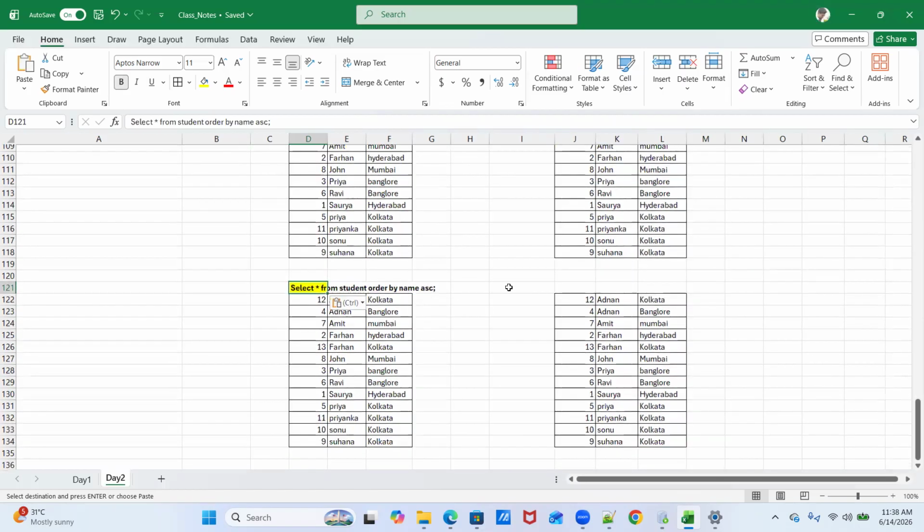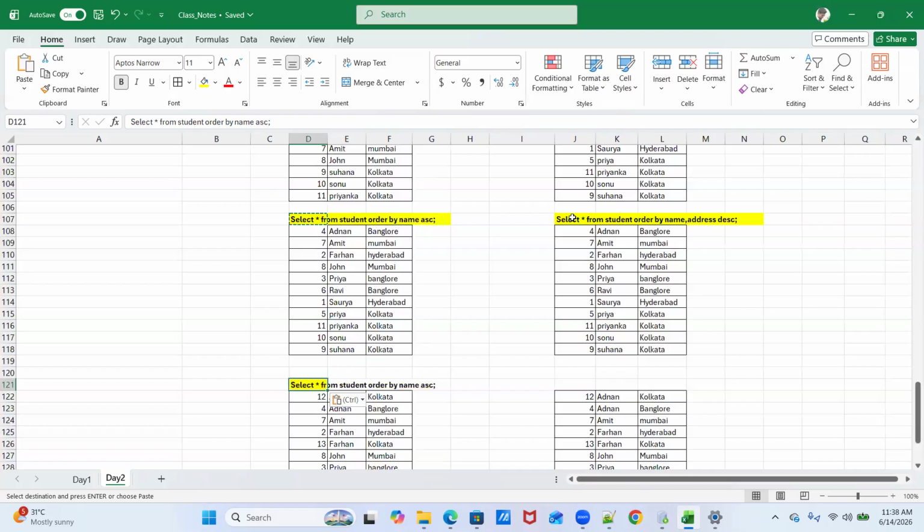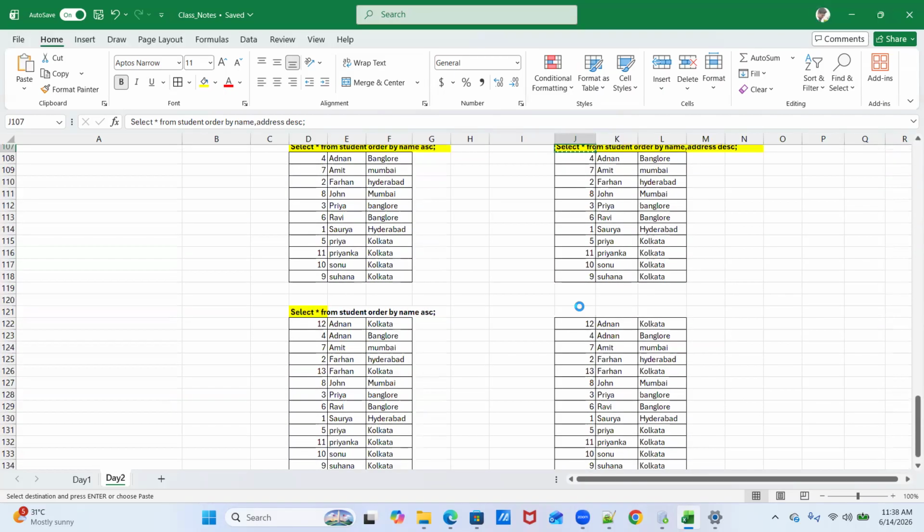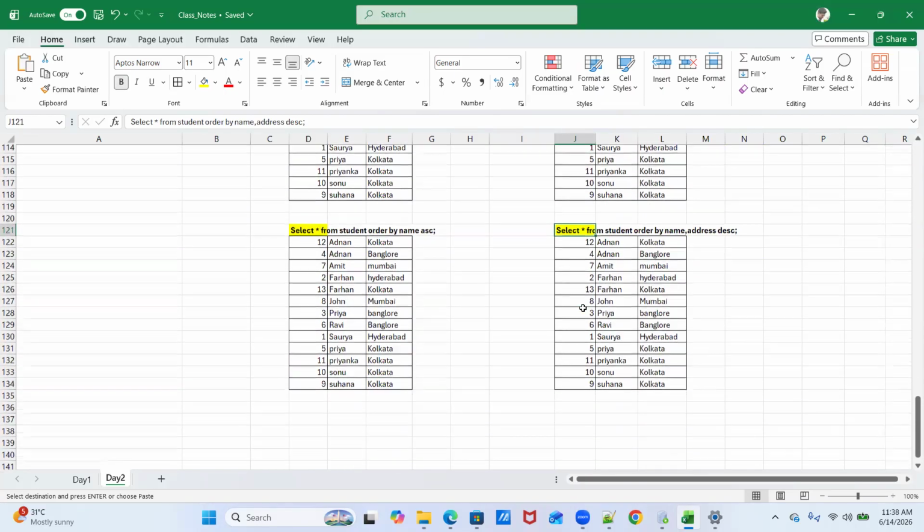Now for this query, we are getting the result set over here. This is also sorted in ascending order based on the name column, because after name we haven't put anything.